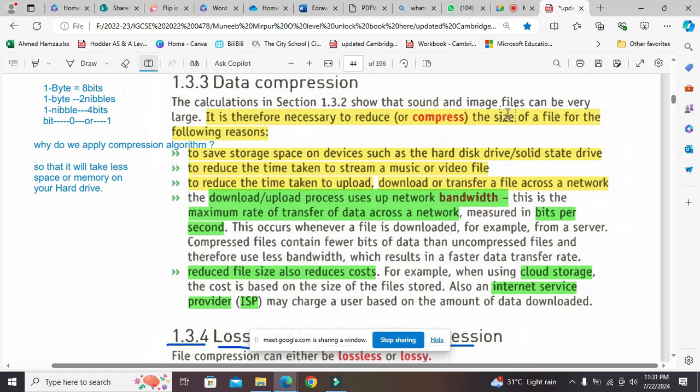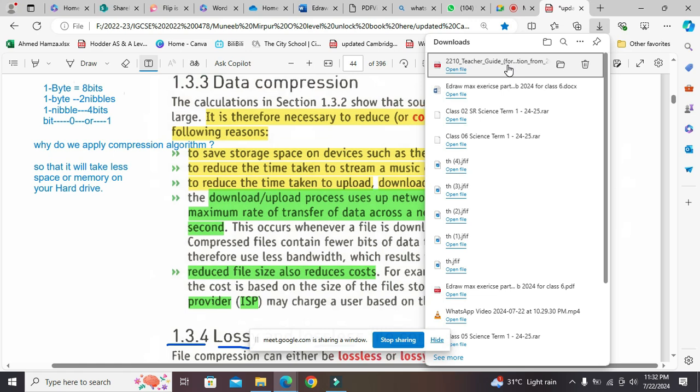That's why I have uploaded a file over here, and it will take less time to download that specific file that I have just downloaded.